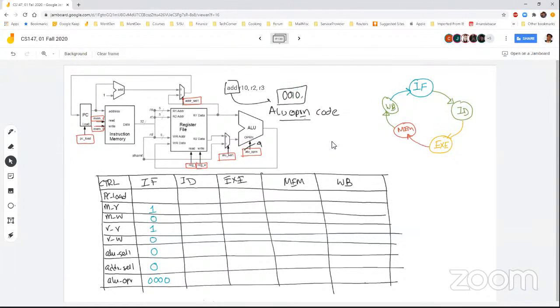0010 is for the function ALU operation code for that. Let's assume this. Now, what about the PC load? PC load is definitely 0. I don't want to mess up with the PC at this point. All right. So once we give this, instruction memory is going to give me the instruction